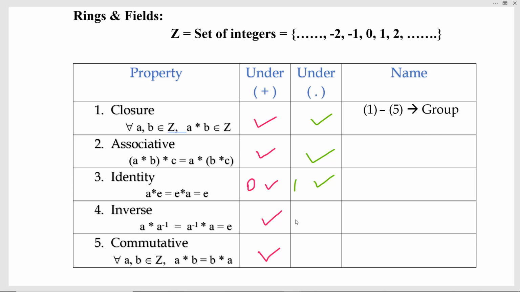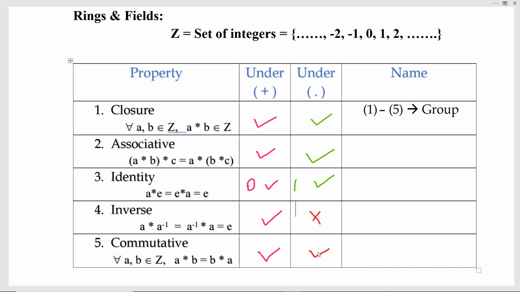Inverse here means multiplicative inverse. If a is a number, then a inverse equal to 1 by a. So except plus or minus 1, all other numbers fail. Suppose you take 2, then 1 by 2 is the actual multiplicative inverse, but 1 by 2 does not belong to Z. These conditions are for all a, so for all a there must be an inverse. Here for the number 2 there is no inverse, therefore this condition is not satisfied. Now commutative property, a into b equal to b into a for any two integers.